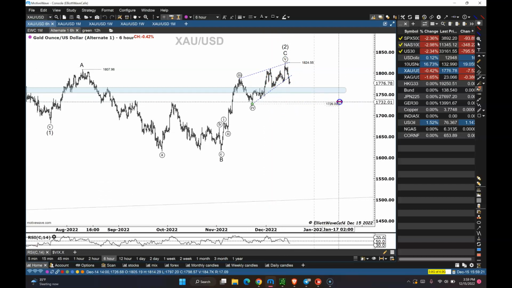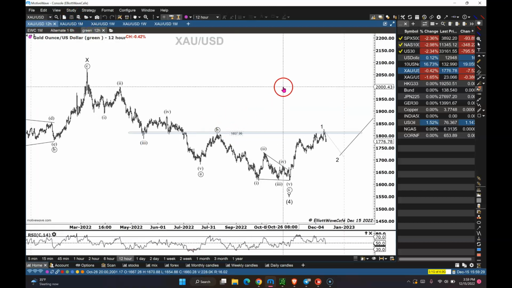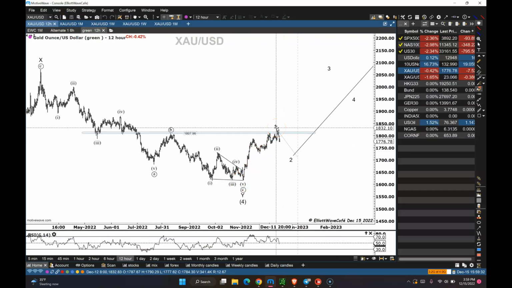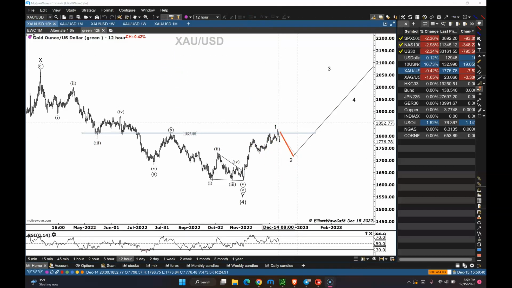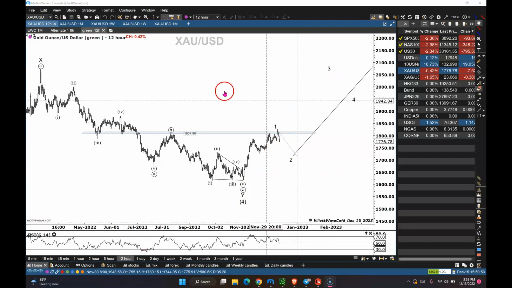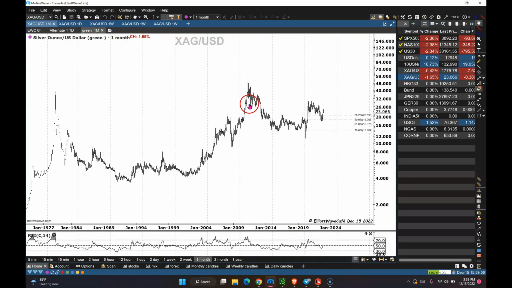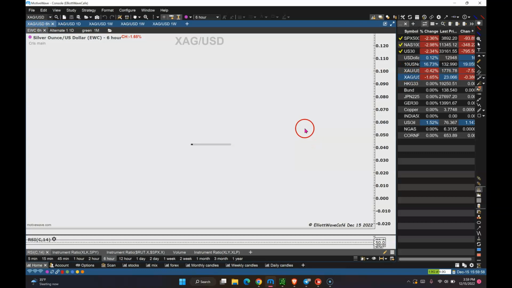But let's see if we can break below 1726, and that would actually give this much better confirmation. Again, keep an eye on the bullish count. If this is a 5-wave move, it could be wave C of an ABC flat, or it could be wave 1 of the next bull higher. Under both scenarios, I think this move is still required to continue lower and come somewhere into the 61.8, 50% neighborhood retracement of this, and then we'll see if they're able to break it. And that's the clue that you're pushing higher. So that's on gold.